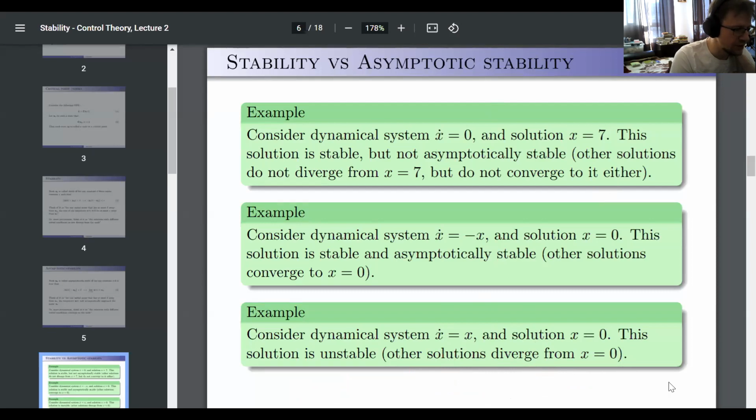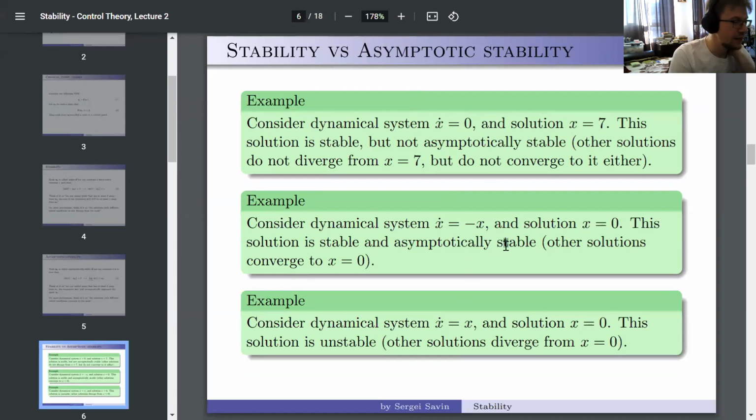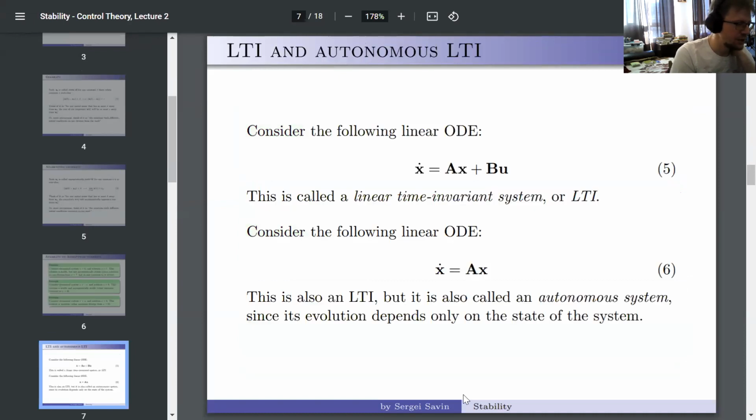Now, hopefully we understand what stable means. But the task now is to see how we can determine stability. It was nice to solve the equation by hand, but for most equations it's not so easy to solve them, right? And you don't want to solve equations every time you want to analyze stability, because we will have to analyze it all the time. So now we'll try to work towards criteria.